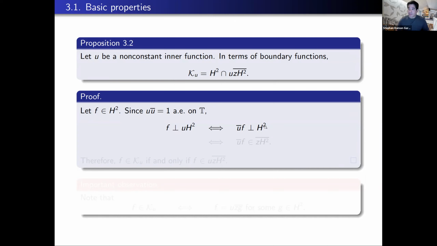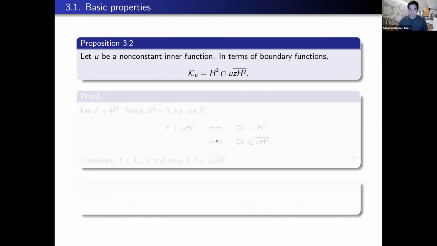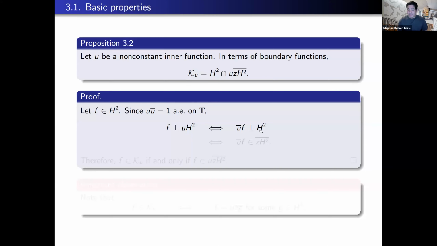So what you need to do is write the relevant inner products in terms of integrals on the circle, and use the fact that U bar U is equal to 1. That's what's going on here. And what this means is, if I've got an L2 function that's orthogonal to all of H2, think in terms of Fourier series, that means you can't contain any non-negatively indexed Fourier terms. In other words, you must consist entirely of negatively indexed Fourier terms. So in other words, you must belong to ZH2 bar, right? So what that tells me is that F belongs to the model space Ku, the orthocomplement of UH2,